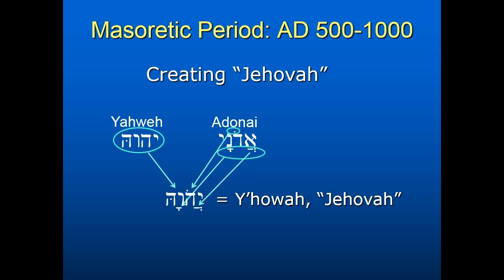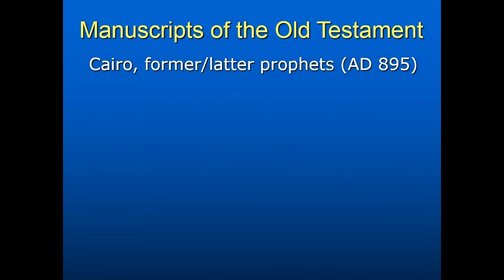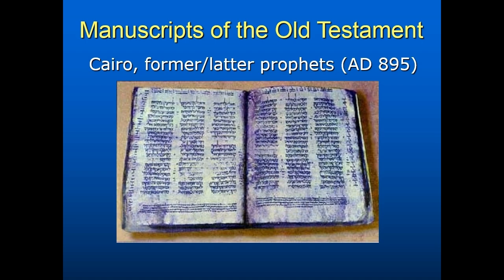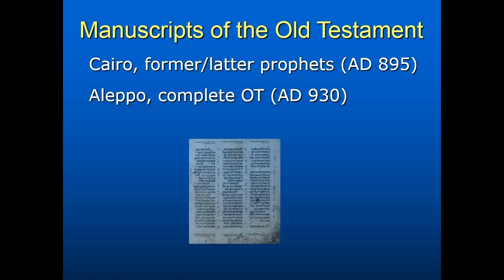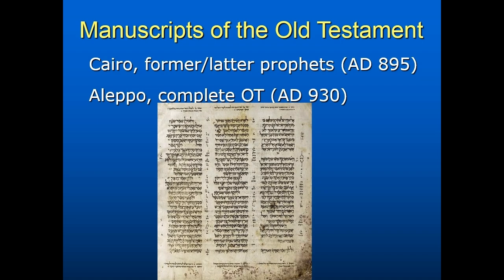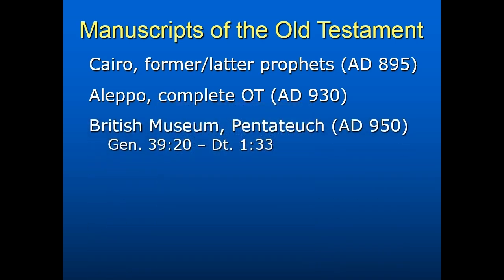Well, among our manuscripts of the Hebrew Old Testament, there are some that are especially valuable and well known. There is the Cairo Codex, containing the major and minor prophets, and dating from A.D. 895. The Aleppo Codex originally contained the complete Old Testament. It's from a little later, A.D. 930. Then there's the British Museum Codex, which originally contained the Pentateuch, the 5 books of Moses, but now we